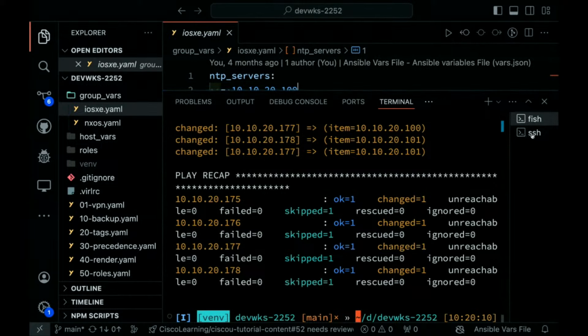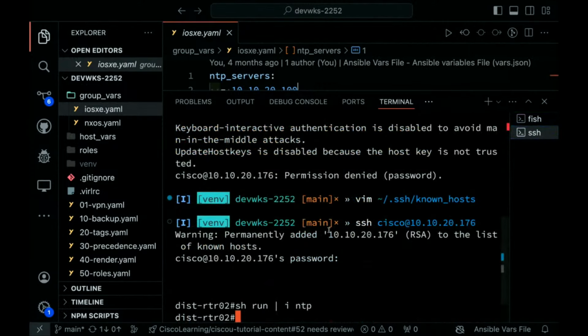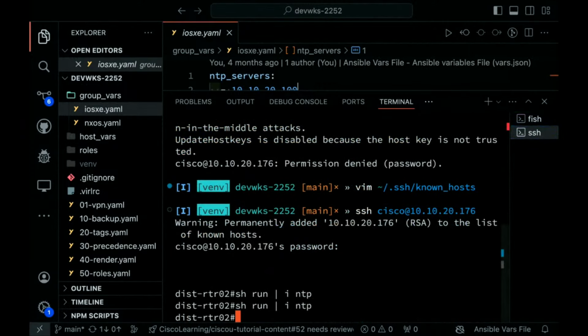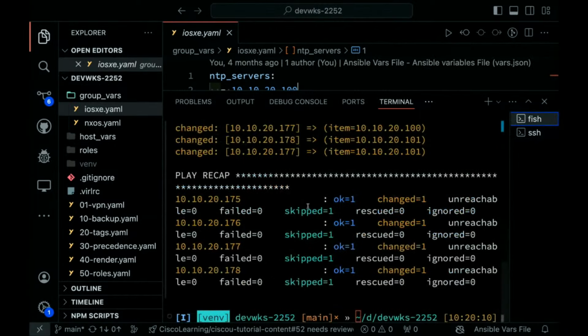But if I go back and run that same command, we don't have any NTP servers. So we saw that Ansible was going to change that configuration, but it didn't actually do so. Now, if I run this without the